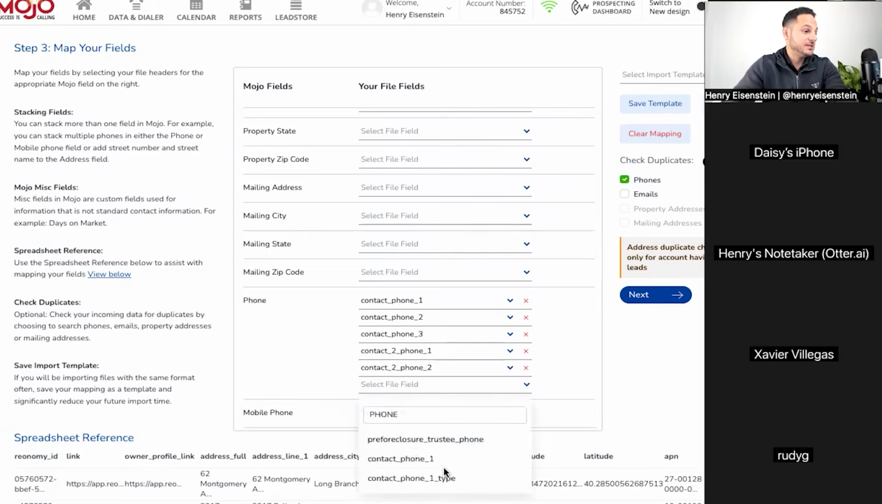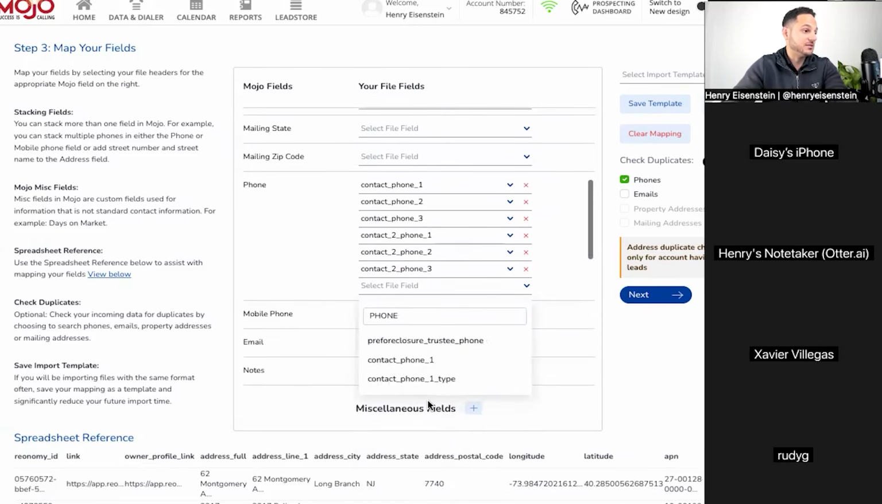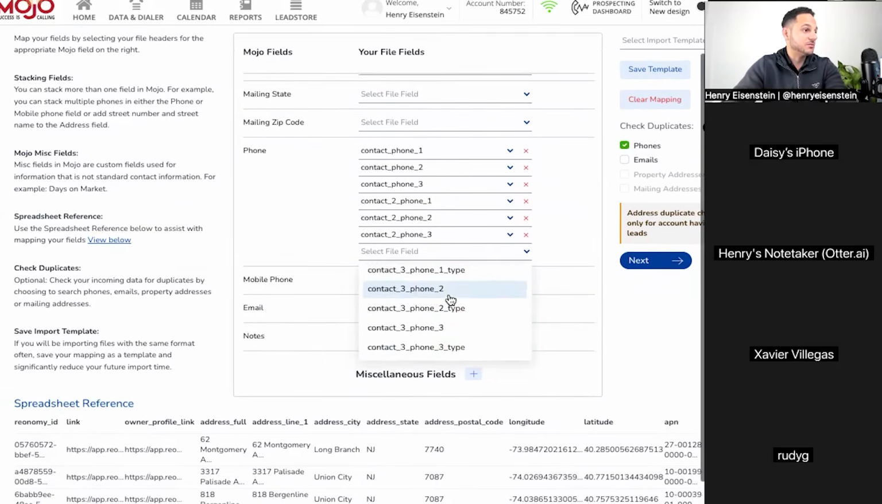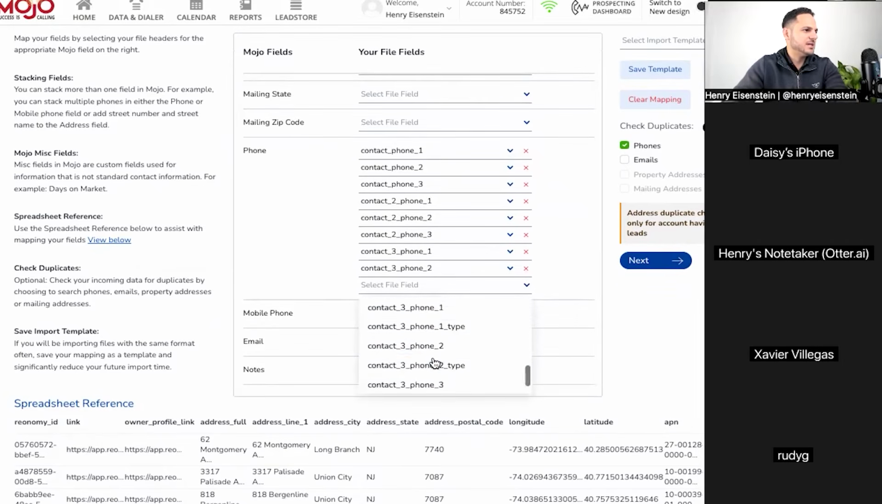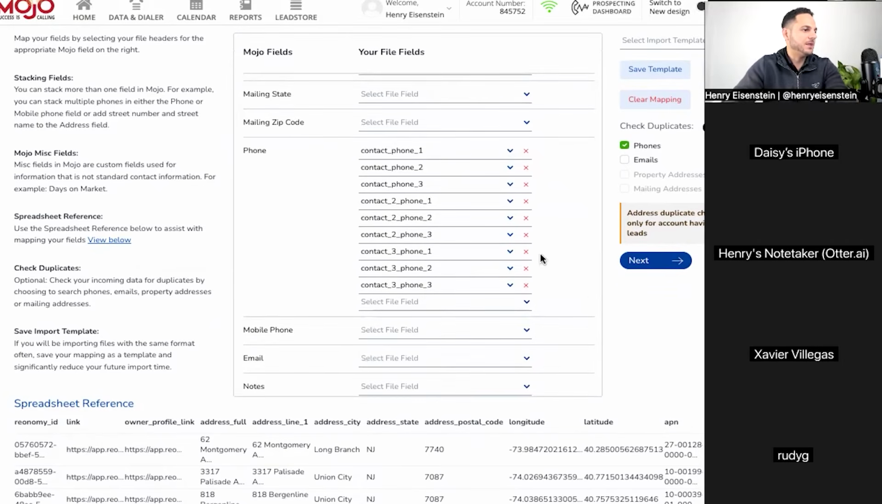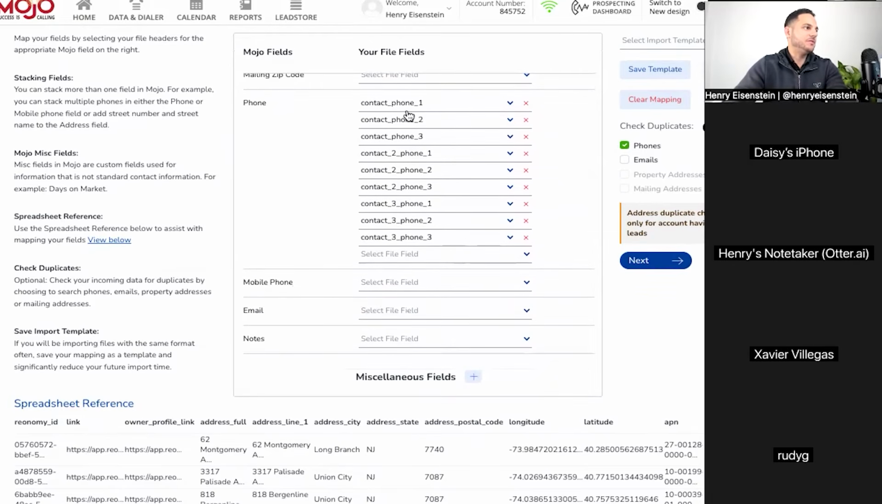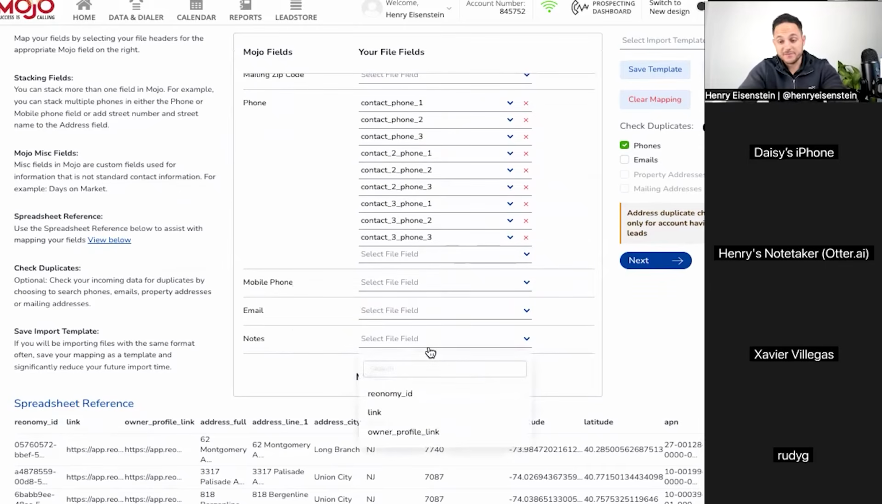Contact 2, contact 2, 3. I'm going to do this until I think there's literally none left. Okay, so it's just 3, 1, 2, 3. Okay, contact 3, 1. Contact 3, 2. Contact 3, 3. There we go. Now, again, you can do it for a phone or mobile phone. It really doesn't matter. Now, for notes, to make your life easier while you're prospecting, if you have Reonomy, I